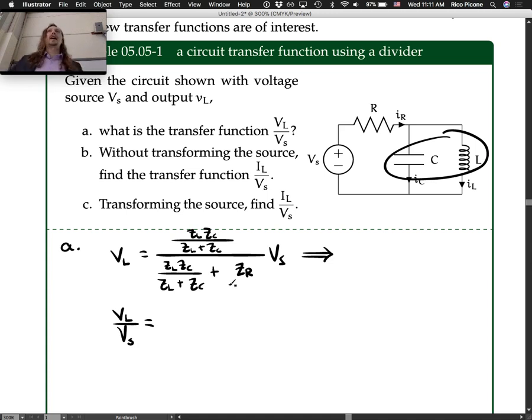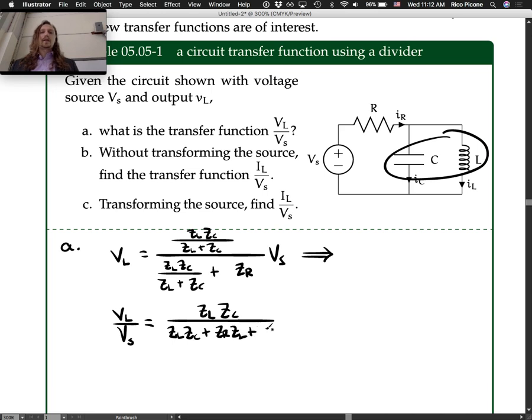So now on the right-hand side, we have all these impedances to throw in and simplify, but it's done. We wrote down our transfer function with no problem, which is awesome. It's powerful. So let's drop this denominator down. You can think of it as multiplying numerator and denominator by ZL plus ZC, canceling ZL plus ZC in the numerator, and canceling this one in the denominator, leaving us with ZL ZC plus ZR